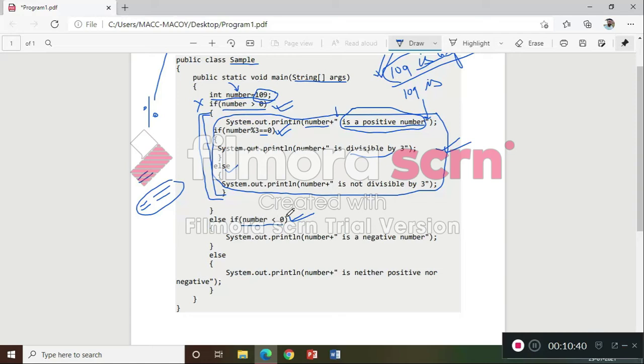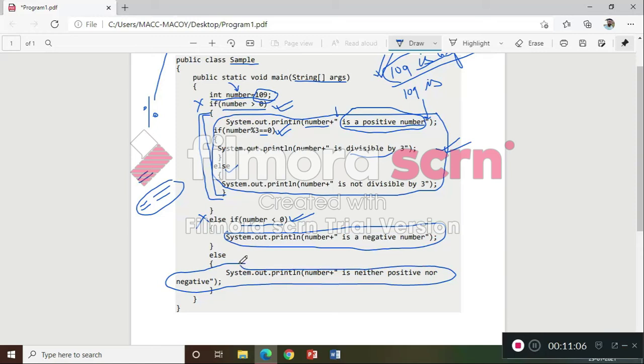If number is less than 0, then system.out.println displays the value stored inside number along with is a negative number. Otherwise, if neither this part nor this part executes, then at last this part will automatically execute.